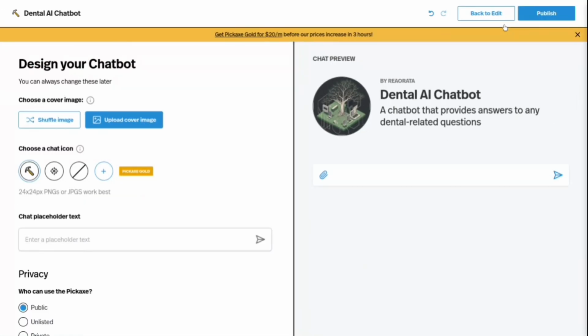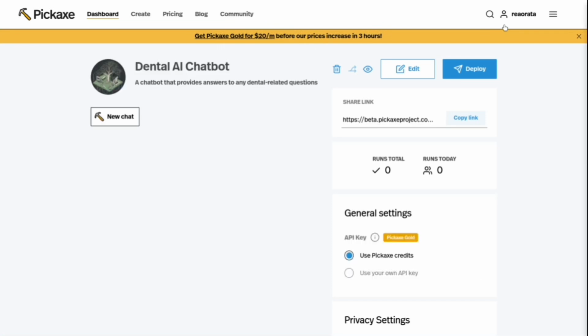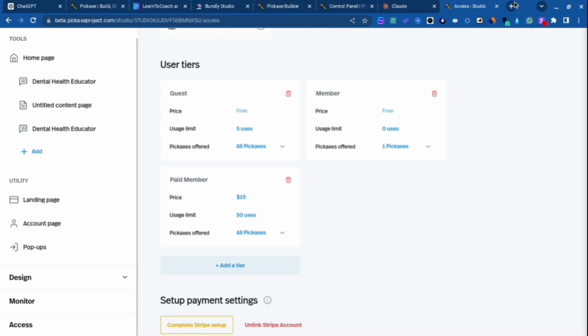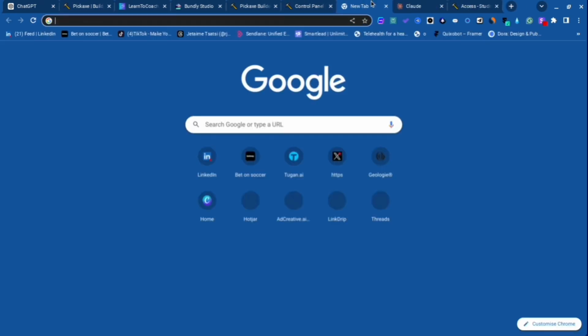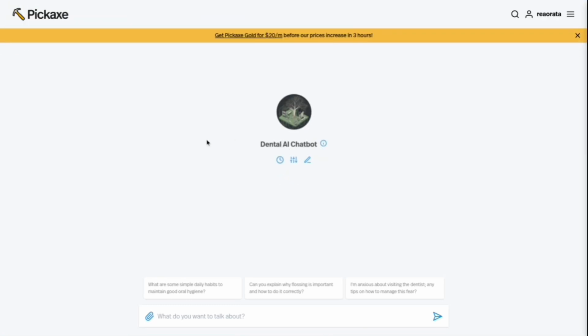Also, make sure the clone thing is off. You don't want anyone copying your actual design or chatbot you actually created for yourself. With all of that into account, just click on publish, and you are going to be sent right over here, right? And to actually show you how it looks like,